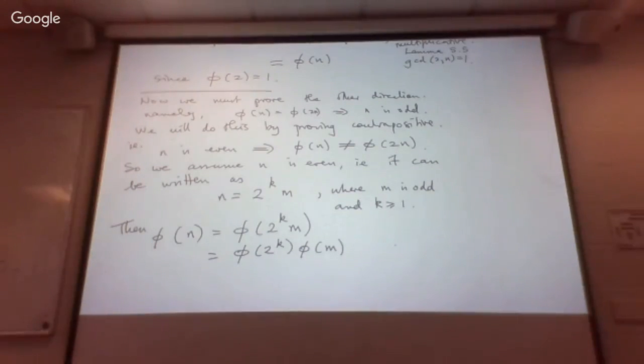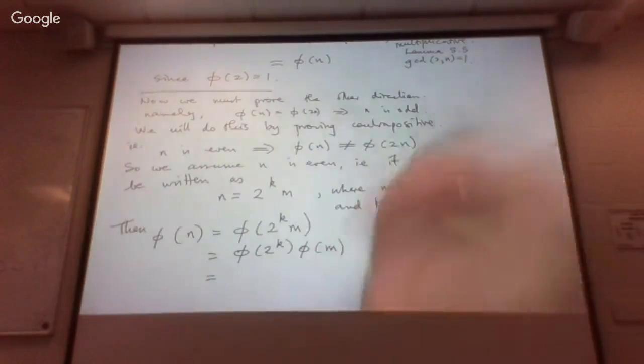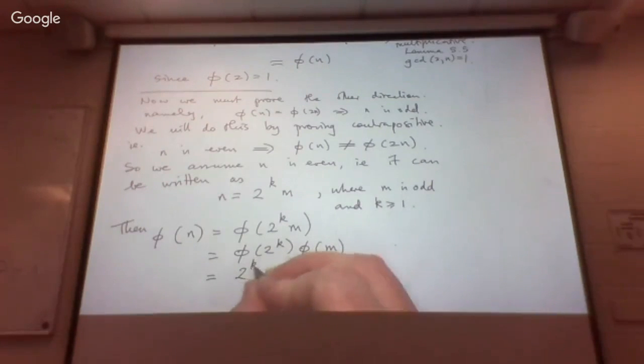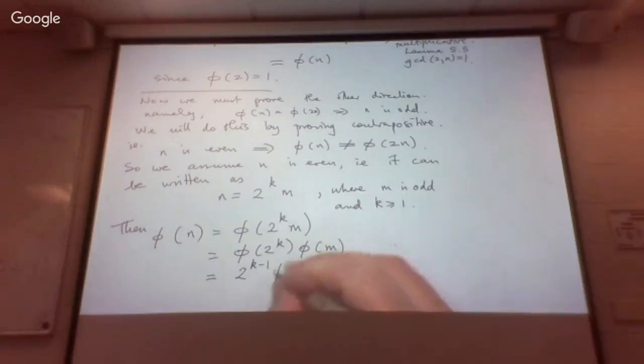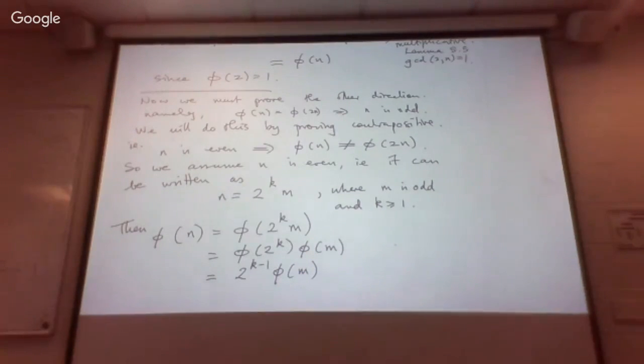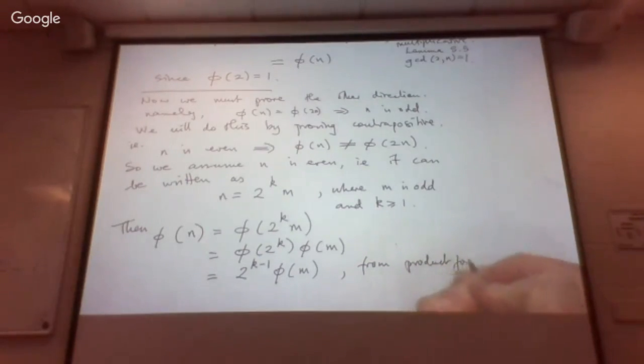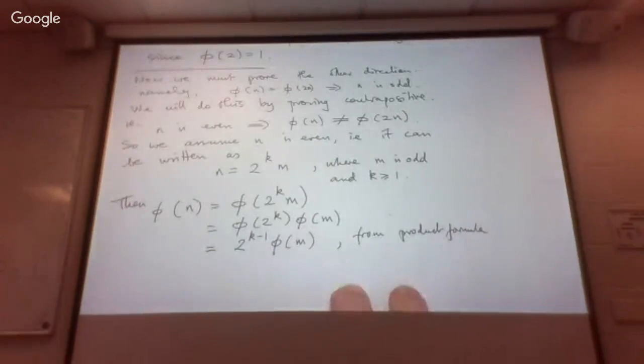So that was one of the first lemmas, lemma 5.2, or just talking about the product formula. So this is going to be 2 to the power k minus 1 times phi of m. And I won't bother writing down the extra factor 2 minus 1. So it's just a 1. Okay. That's just from the product formula. Okay, so phi of n is 2 to the power k minus 1 times phi of m. On the other hand,